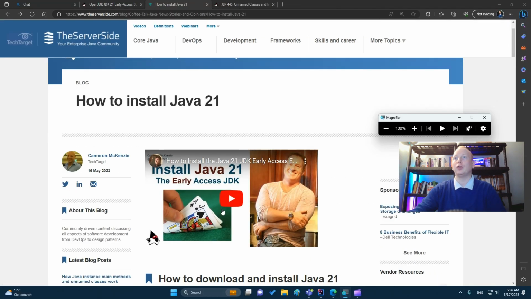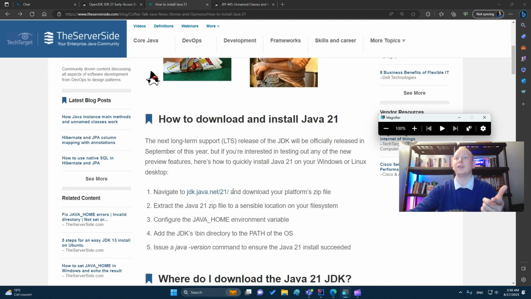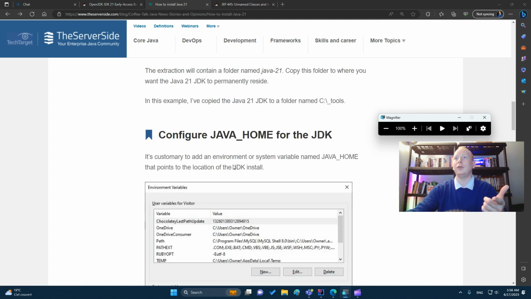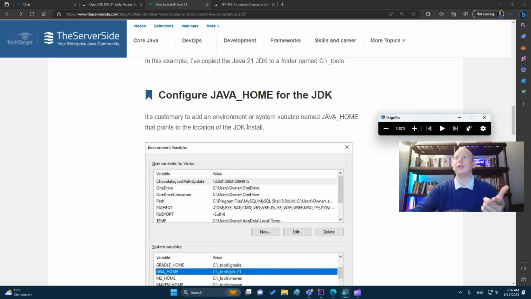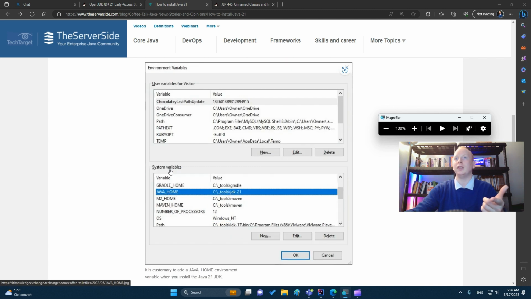There is a video showing it completely. I will not show how to install it because I have already installed it, and here it is well explained. So I will just browse the different steps. First you download it, like I showed you before. Then you configure your Java Home. If you're a Java developer, you know how to do this. So you put Java Home in system variables, and you put the URL where you extracted the zip file.